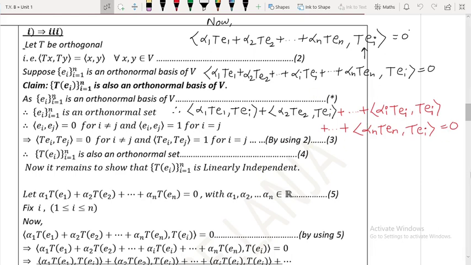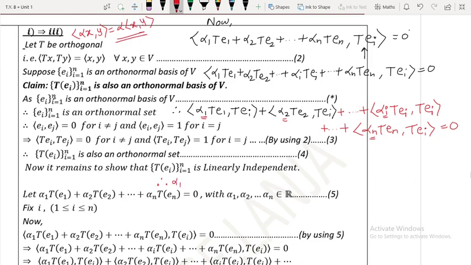Okay, so therefore in the next step what we can do is, now see this is a real number, alpha 1, alpha 2, alpha i and alpha n, all are real numbers, and you might remember one property of inner product. What is that? Inner product of alpha x with y is equal to what? You can pull that real number out, and inside again you can have inner product of x with y. So that property we will use here.